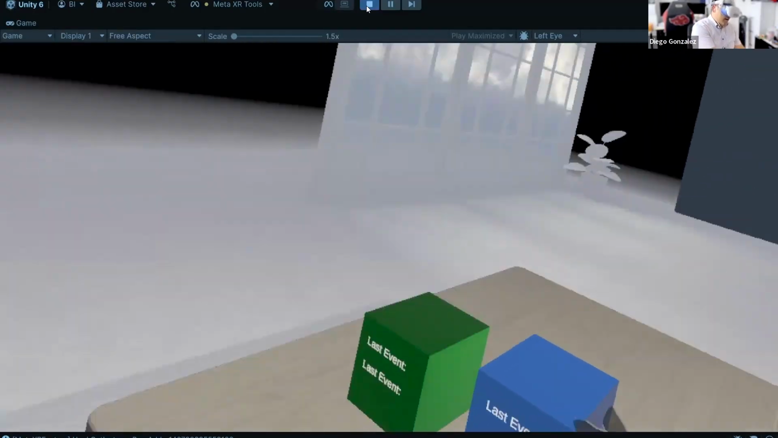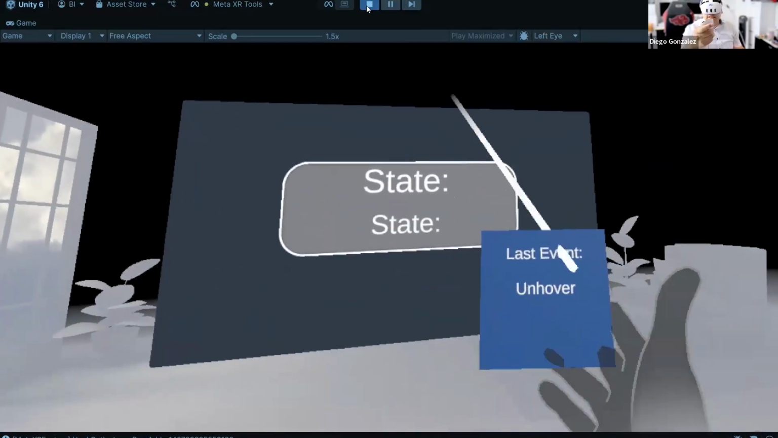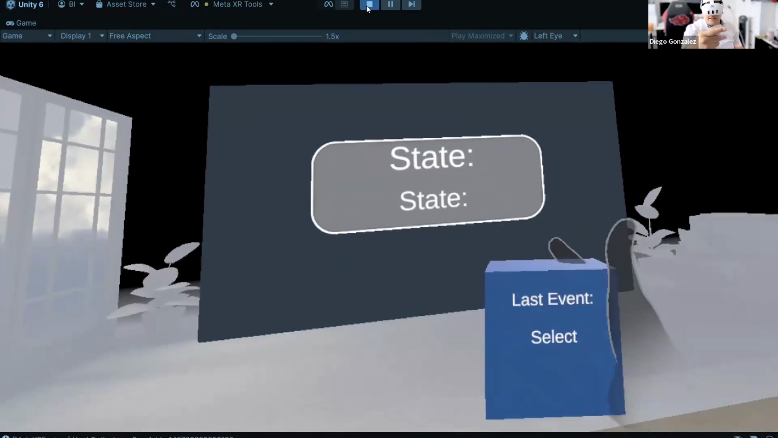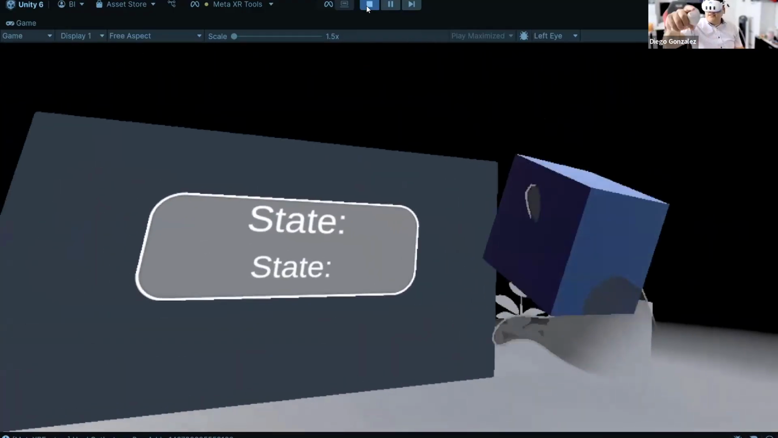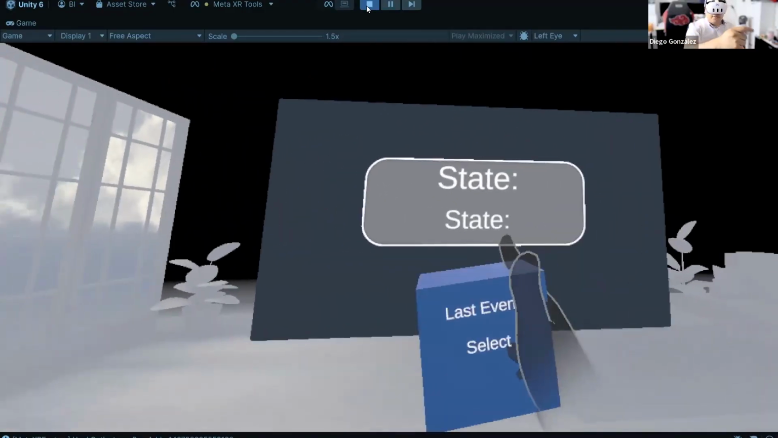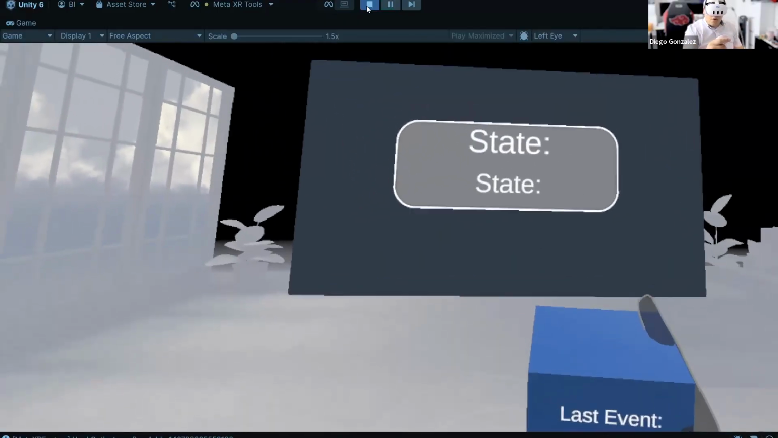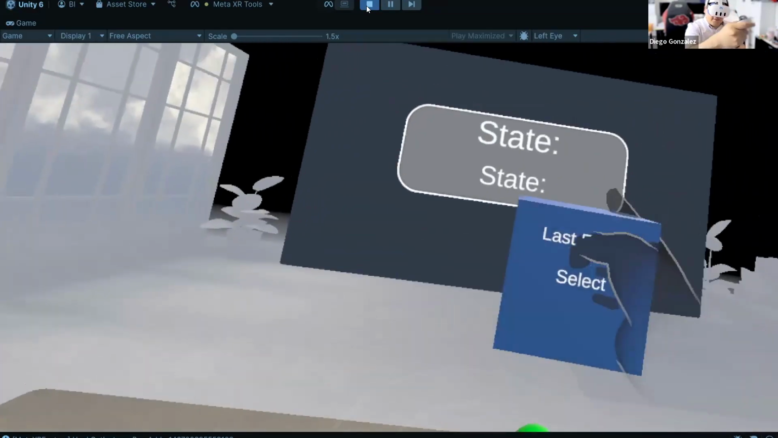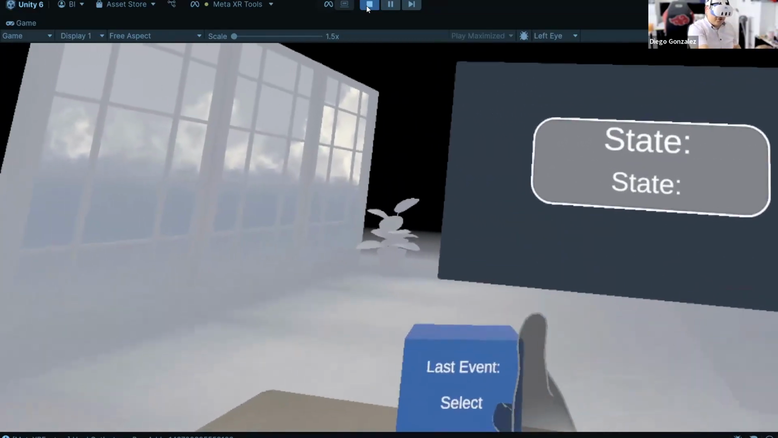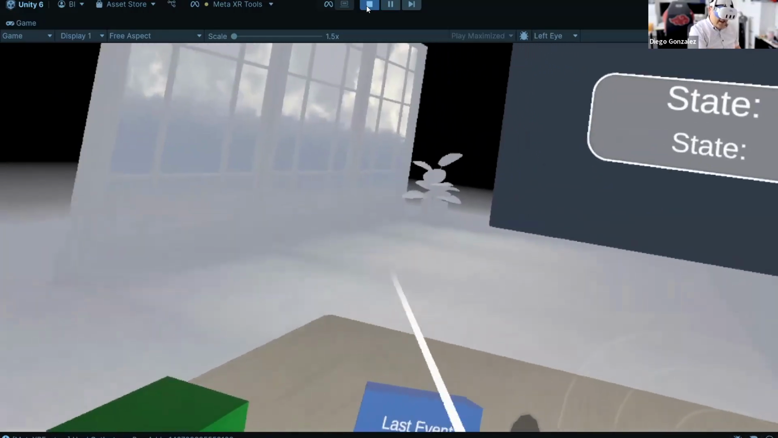I can actually see. Yeah, there you go. Last event, right? So if you see this wonderful cube, all it does is tell us when it's being grabbed, right? And you can see that if I get my hand on select, it'll do select, right? On hover, it does hover. And again, not all of the events are visible because some of them just happen one after another and you just see the last event. But if you want to see a specific event, just make sure to have that